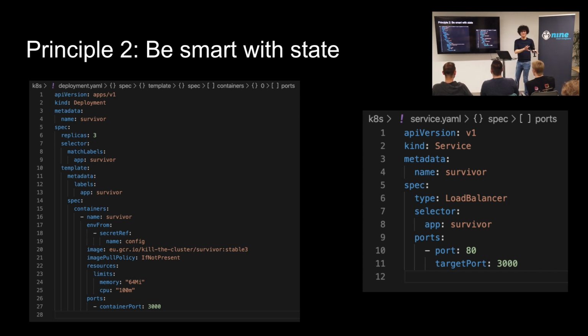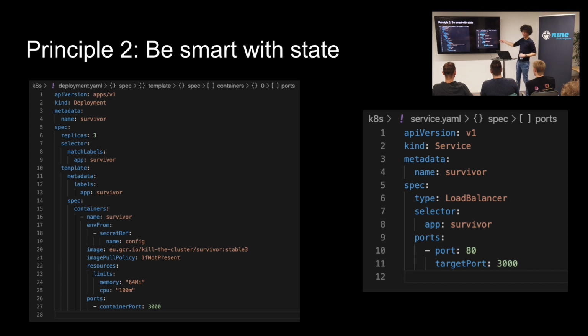So I'll explain why afterwards, but I ended up realizing that I can't do that. I'll actually explain in a second. So we end up running some kind of application, but the trick is, because we're smart with state, we can run as a deployment and not as a StatefulSet. Really important, because if you run as a deployment, you can scale so well.